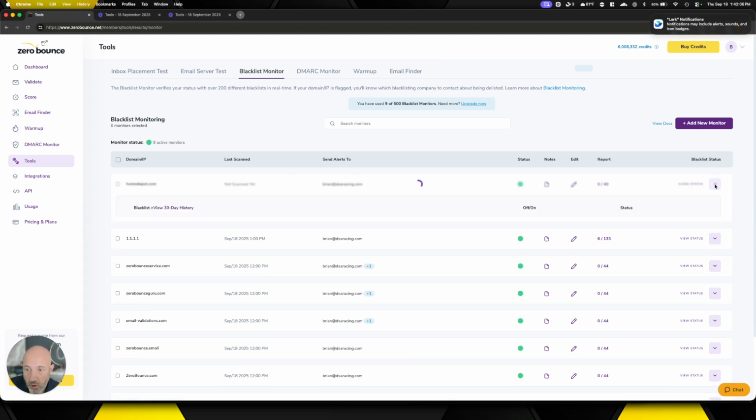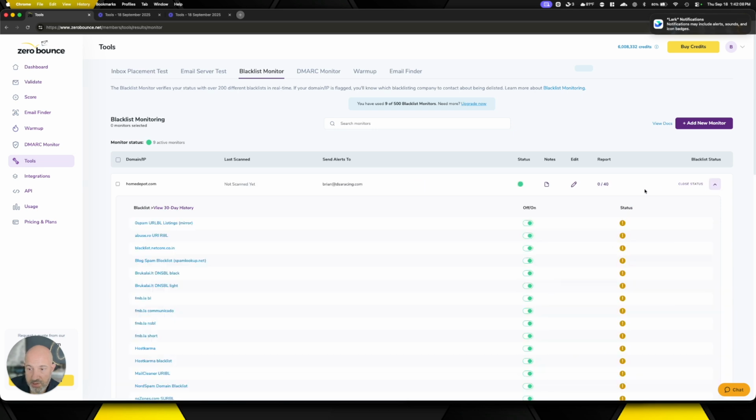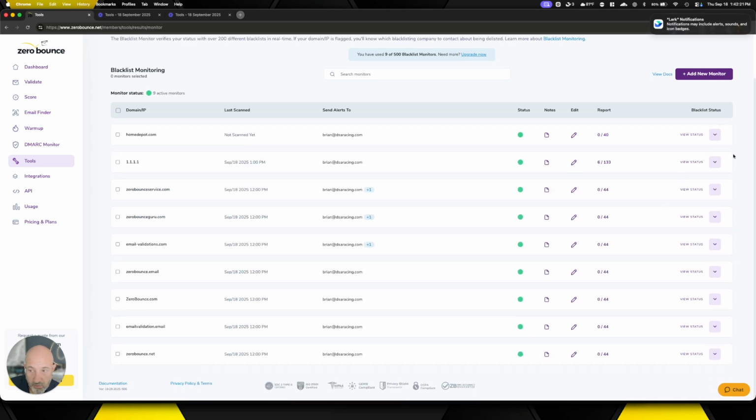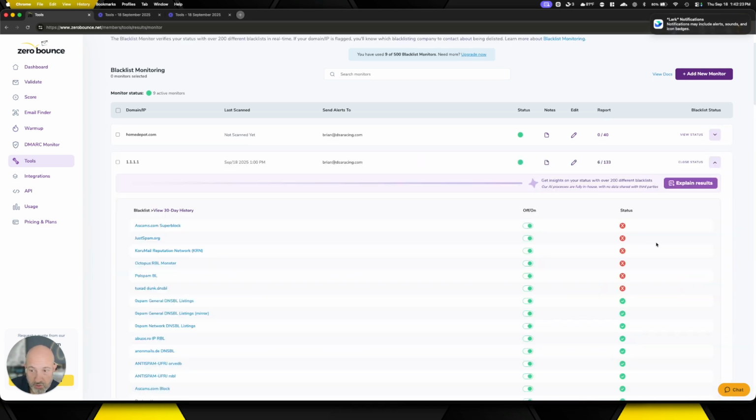If I go ahead and open it up, what you're starting to see here is that we're going to look against 40 different blacklists. And based on those 40 blacklists for this domain, we're going to see all of them individually and what the status is. So until this gets scanned, I'm going to open up a different one. How about an IP address, 1.1.1? If you notice on 1.1.1, it's constantly being blacklisted all over the place. And this is by design as far as my test goes,